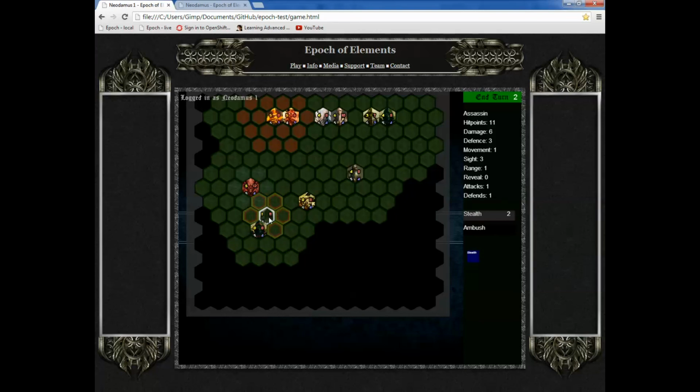Now, again, I can attack him. I have 1 movement and 1 attack, so I'm able to attack this ranger. I have 6 damage. The ranger has 4 defense. So, just by that alone, since the ranger has a defend here, he's going to defend with 4 defense, meaning I would do 2 damage. But